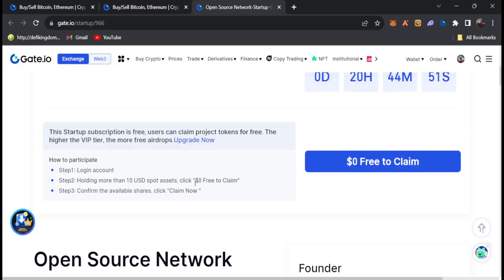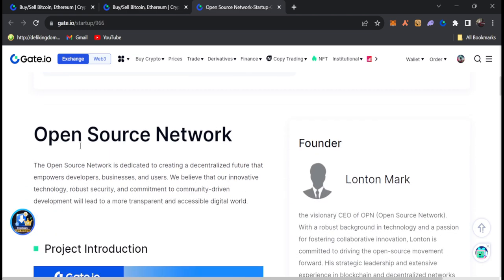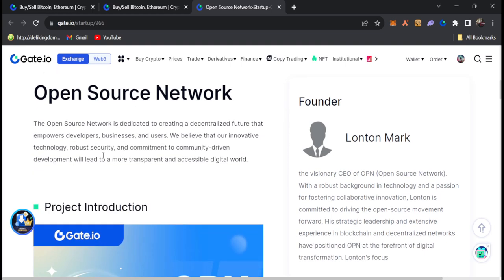So let's talk about the project's intro and others, and let's talk about this project. You can see the project name is Open Source Network. And what is Open Source Network? The Open Source Network is dedicated to creating a decentralized future that empowers developers, businessmen, and users. We believe that our innovative technology, robust security, and commitment to community driven